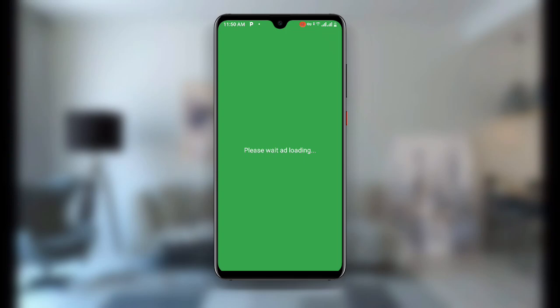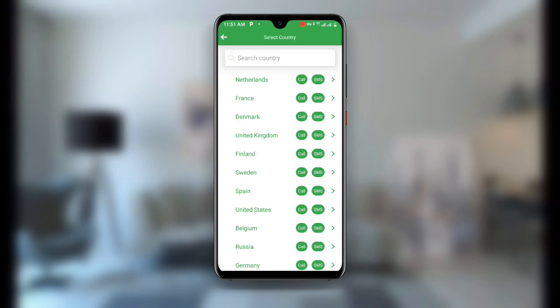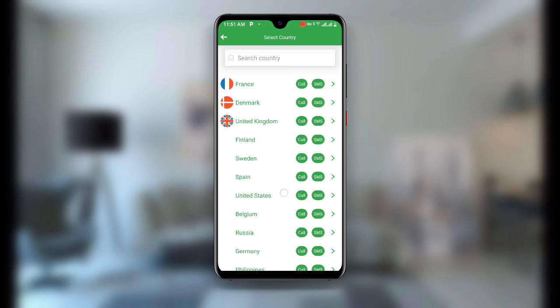It will be loading an ad, so just wait for the ad to finish. And you can see numbers loaded successfully. It means it has already loaded the numbers successfully. Click on next,